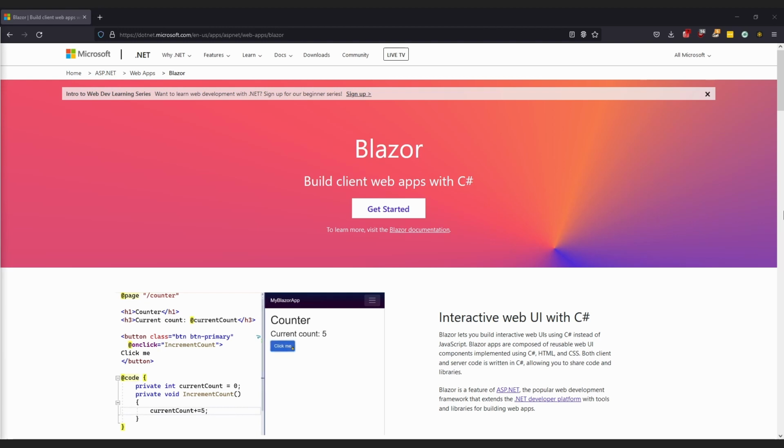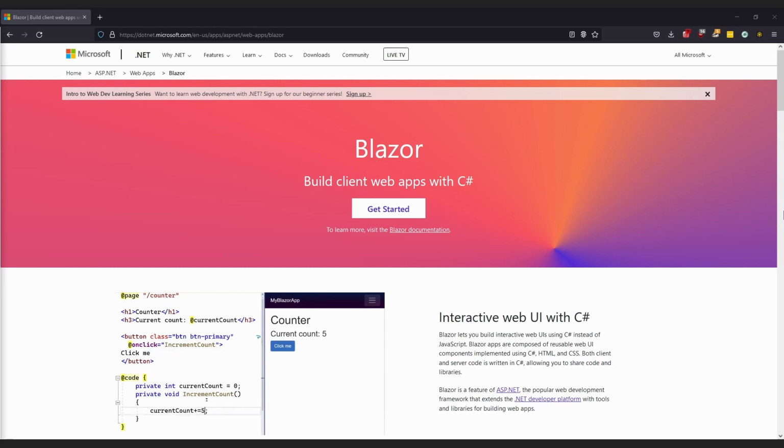I think now is a really great time to start learning Blazor because it looks like Microsoft will be supporting it and improving it a lot over the next few years. This means that there are going to be more and more developer jobs that are looking for people that know Blazor. There are also a lot of tutorials and templates you can find on places like GitHub, Stack Overflow, and YouTube, so there are plenty of places to get help. I've also put some notes in the description for this video, which you should find helpful.